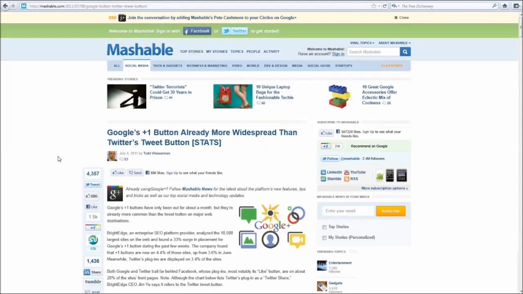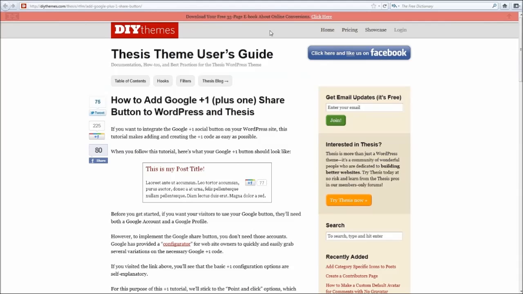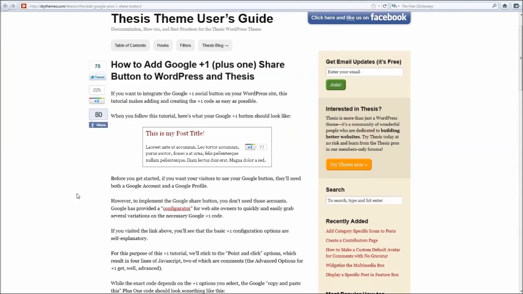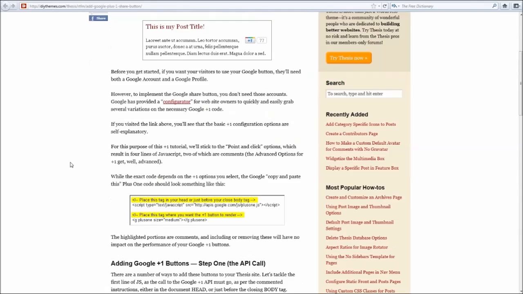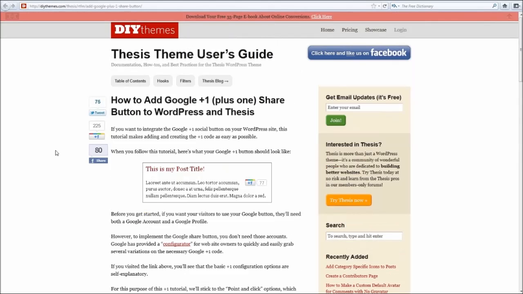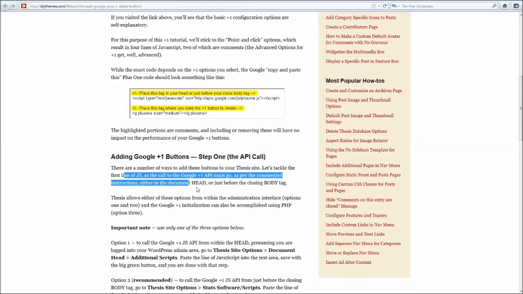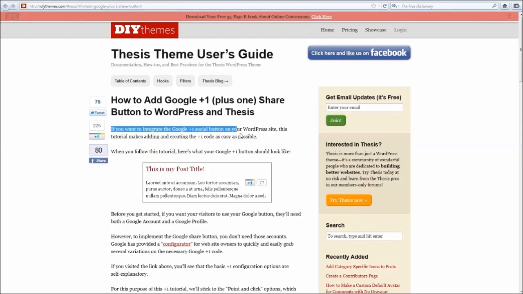Okay, so another idea is that maybe you've got a standard page with some content on it, or maybe it's a proper blog, and on these pages, no matter which type it is, you simply put text updates. Now, what you can do is, instead of requesting that they click the +1 button via video, since not everyone is on camera all the time, if it's text, you can just put a note either at the end of the article or maybe the beginning, but probably best at the end, for people to click the +1 button if they liked what they read. But even better,